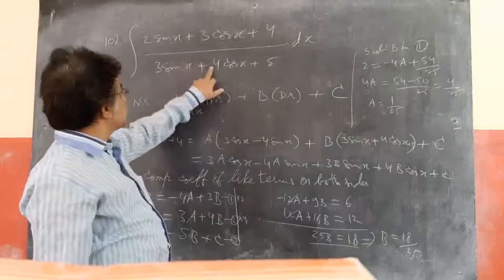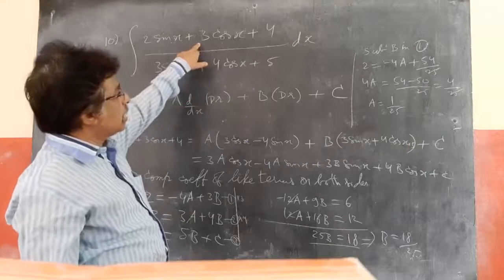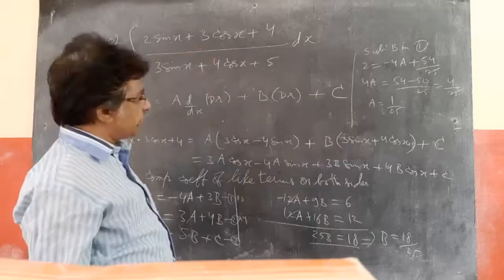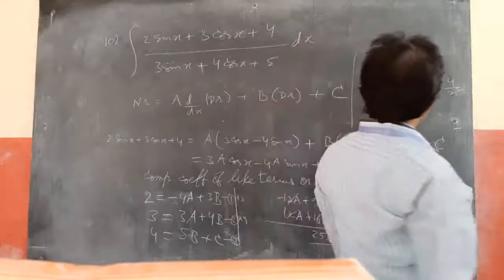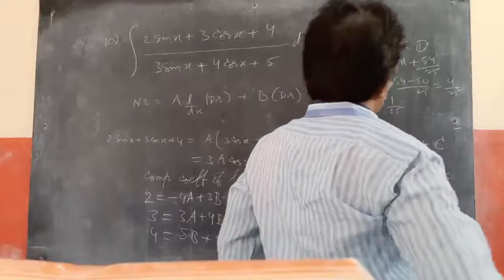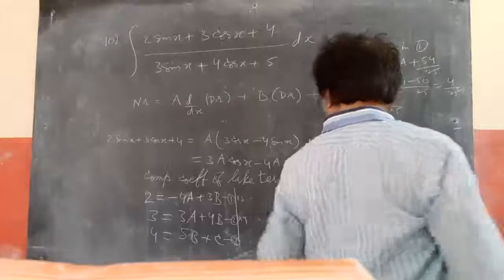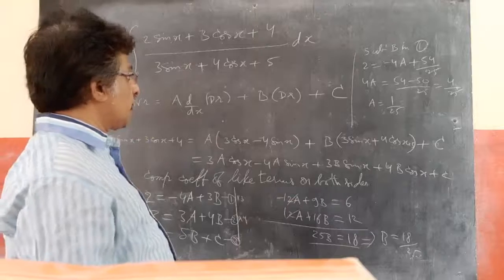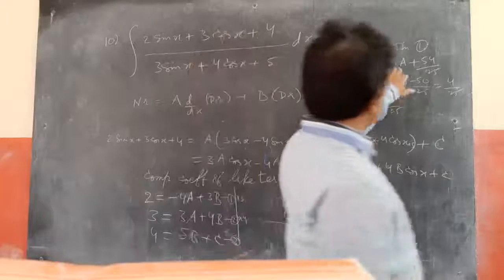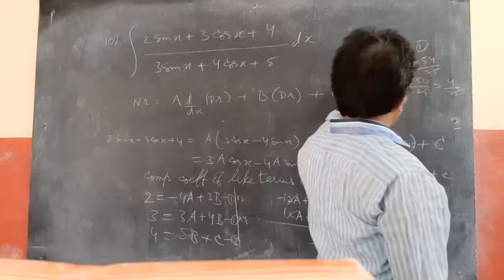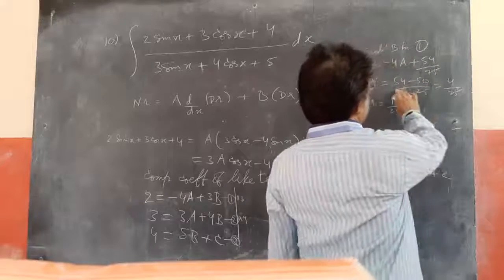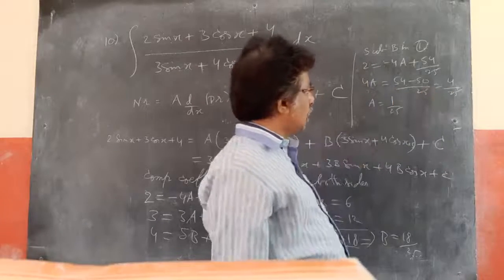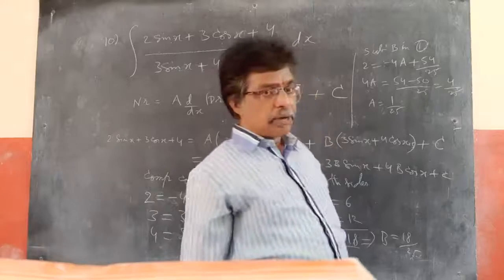Checking with the shortcut, this into this, 8 minus 9, gives minus 1 by 25. So this is minus 4a plus 3b, 3 into 18, 54 by 25 equals 2. Now minus 4a comes to this side as plus 4a, and 2 goes to that side as minus 2. So 54 minus 50 is 4 by 25, a equals 1 by 25.